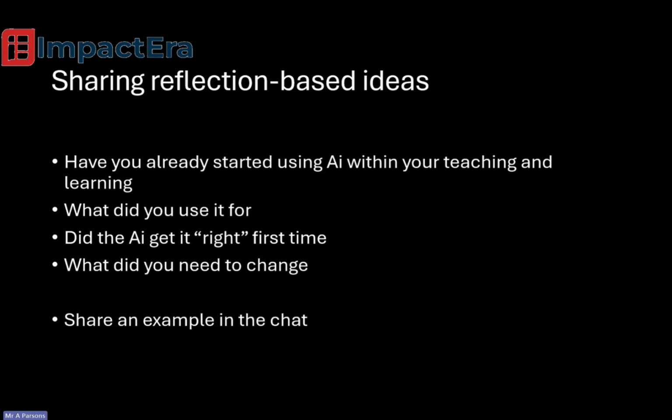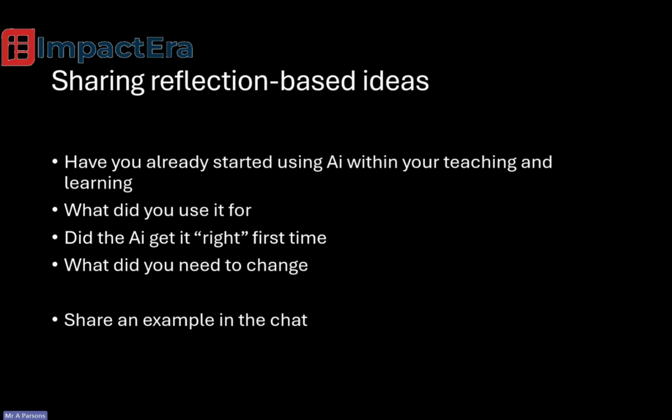So we're all at different stages with the use of AI, and reflection is key to this. And again, this comes from the second of the Elevate Explorer AI pathway courses. Are you already using AI within your teaching and learning? And we're reflecting on it. How are we using it? How has that use been? Has it saved you time? Or has it actually produced something that's terrible and you've had to go through and redo that?